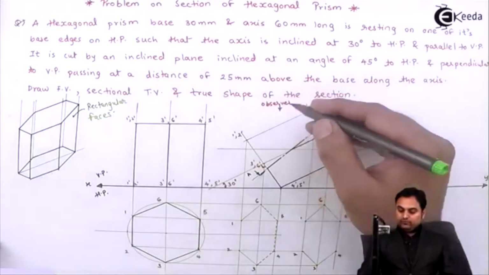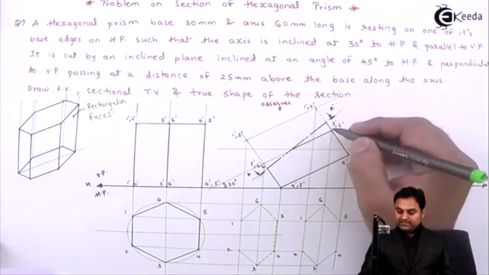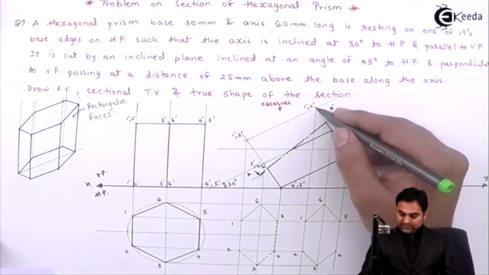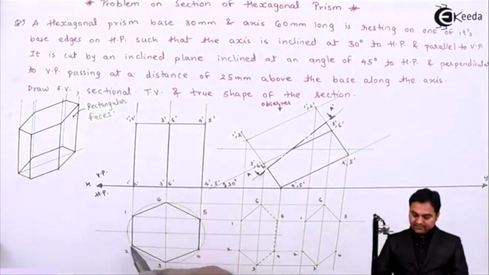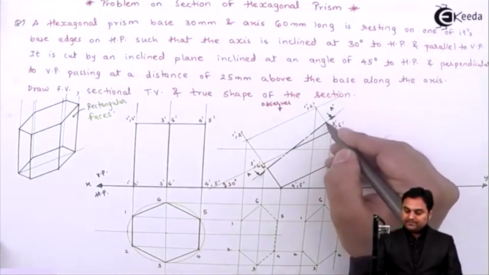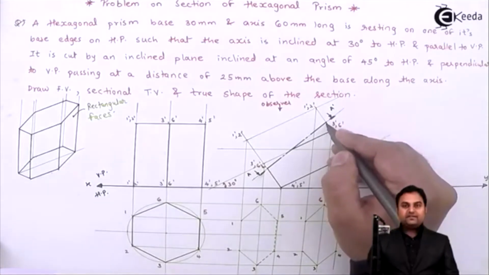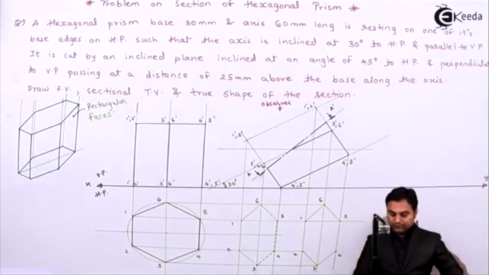So when I am looking from top, this is the point which is cutting the two edges, which is, we can say 1 dash 6 dash and 2 dash 3 dash, like it is 1 and 6 and 2 and 3. It means that this cutting plane is cutting both the edges at the same location. So here we are going to get 2 points. Those 2 points I am going to project here.